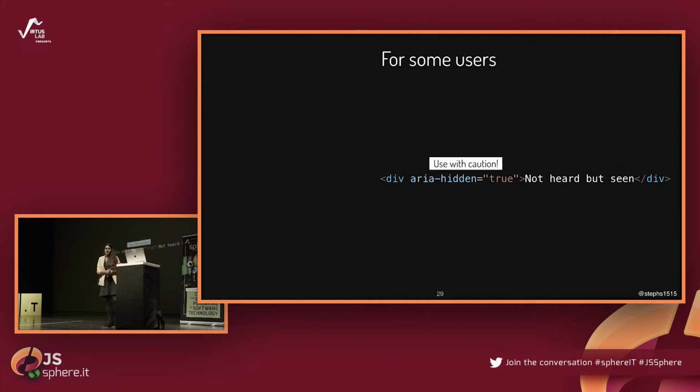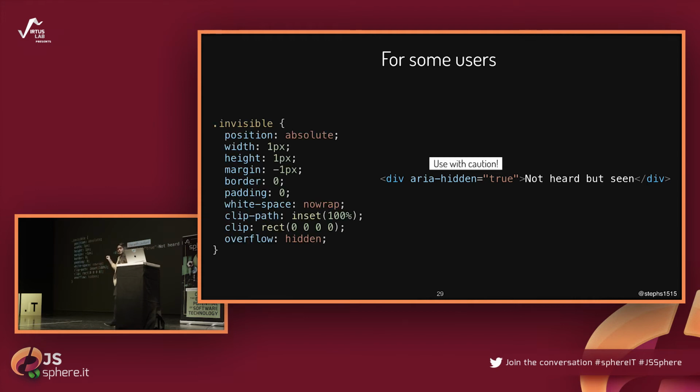But if we want something, okay, this is the wrong order. So there's another way, making it invisible. The one on the left will hide it for visual users, and will leave it there for screen readers. So what is this doing? It's kind of taking it away, like clipping it. And this works for Explorer too.